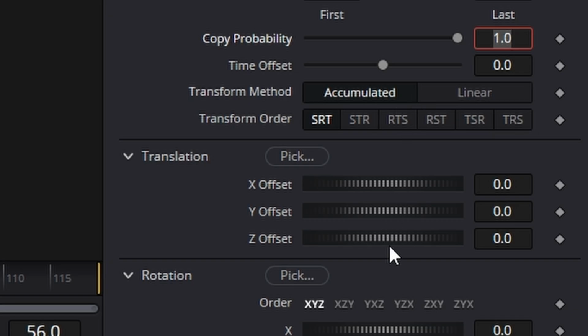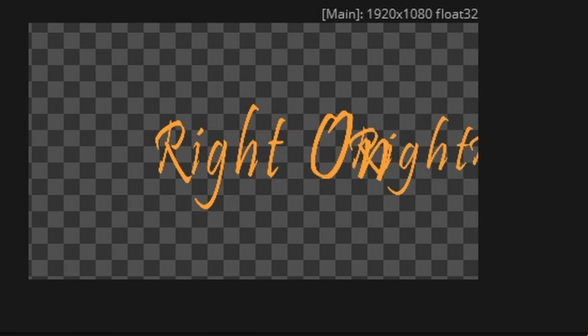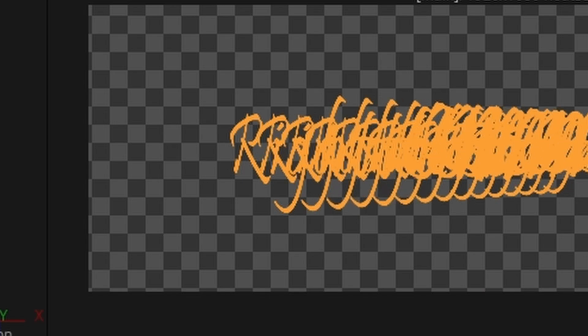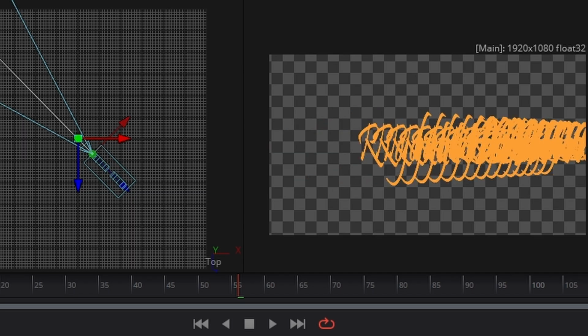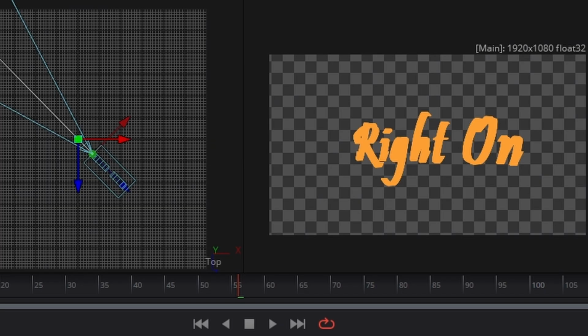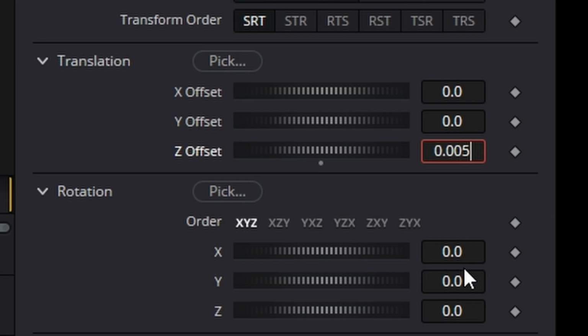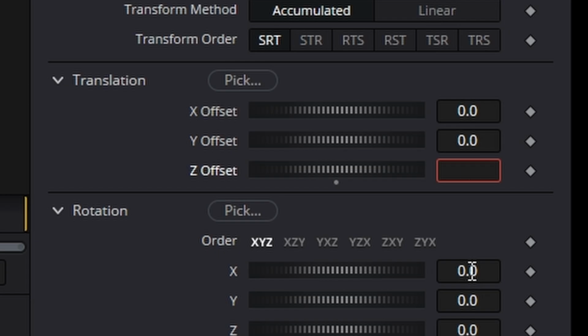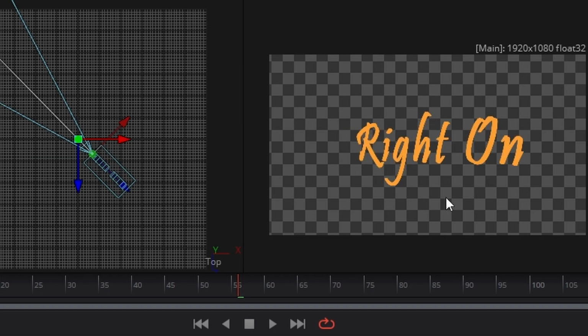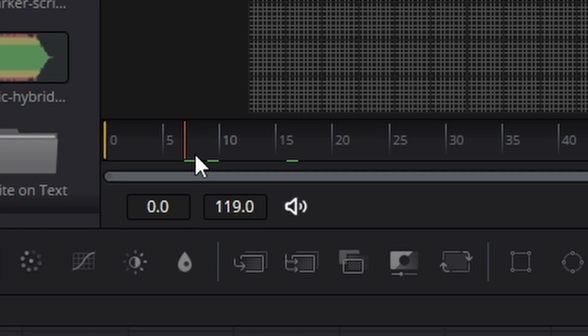Then you come down to the translation just here, and if you hit the Z offset, it goes absolutely crazy. What you need to do is hold the control key while you do it. What I found is you get close enough and then you can say, okay, that's not bad, so we'll go 0.005. How does that look? Too thick. So 0.007. How does that look? Let's add one more zero in. 0.7. Yeah, that's not bad. That'll do it. If you go to the beginning of the animation,